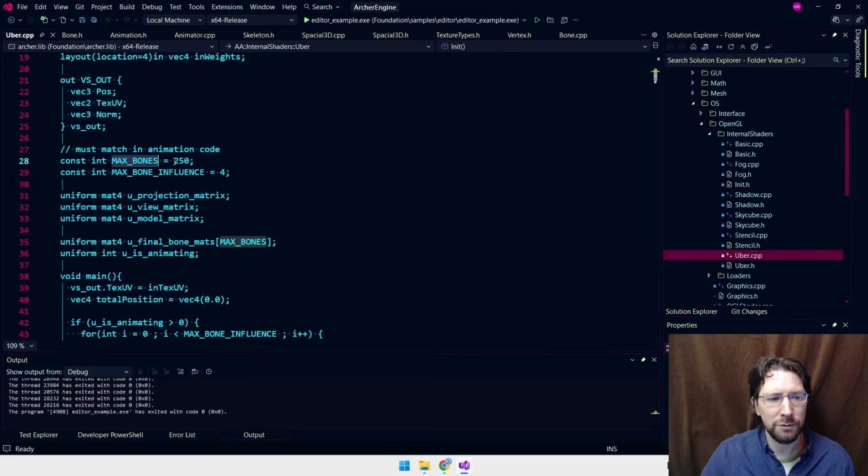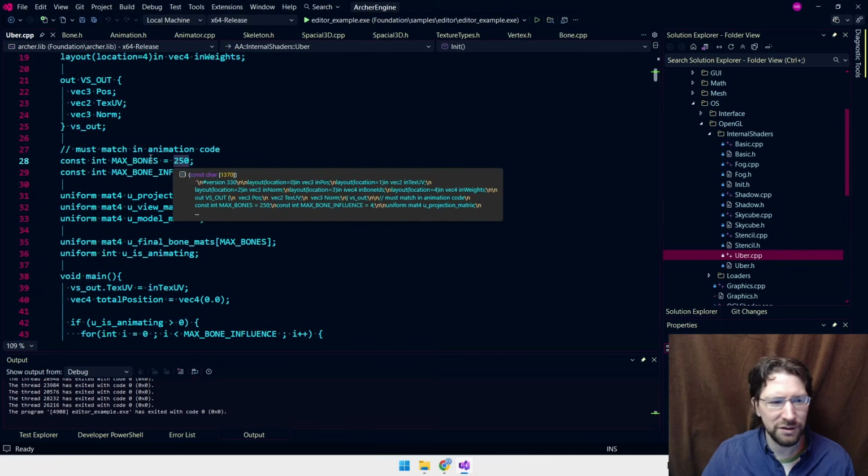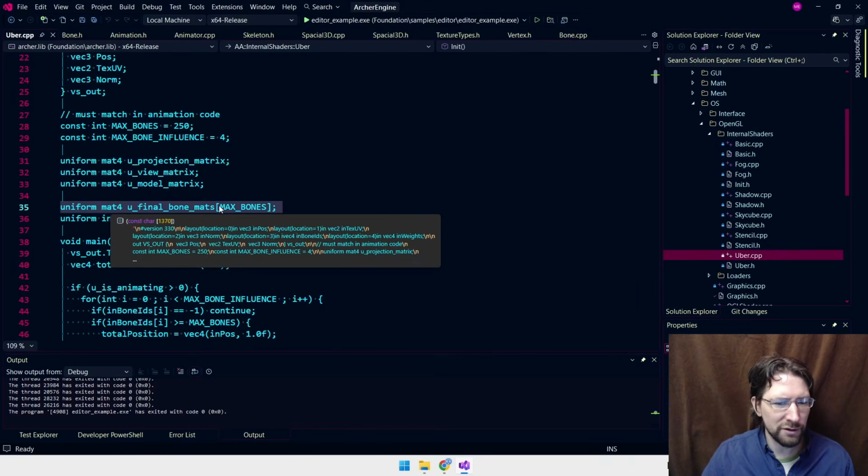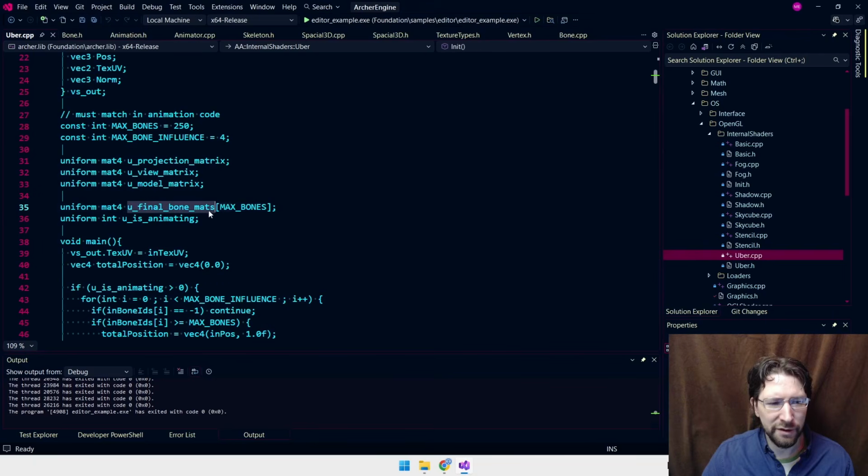But one of the things I had to do was change the max bones to 250 because a lot of animations have more bones. But this seems to be determined, well, at least if you're doing it in a matrix, a mat4 like this, this seems to be determined by your graphics card. So the max size of a 4x4 matrix array is determined, I believe, by your graphics card and graphics driver. So your results may vary. And mine didn't like going above 250. 250 was the max I could push it to. Yours might be lower. You might get an error and have to change this.